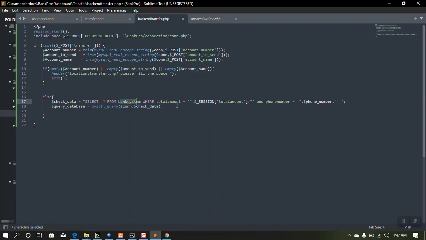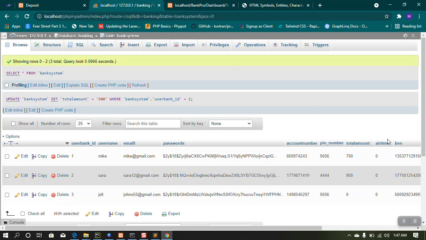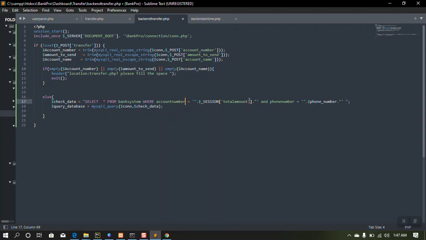So here should be select star from bank system where account number equals to the account number. I'm making use of the account number. Where account number, are we correct? Okay, we are correct. Where account number equals to the account number. No, I don't think that's what we need to do. Let's take that out. Yeah, equals to the account number. Okay,